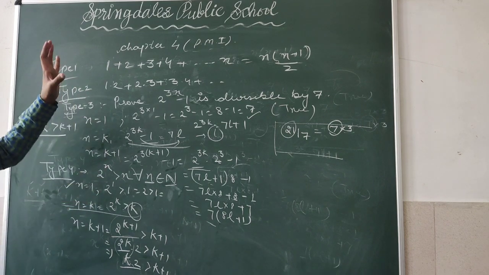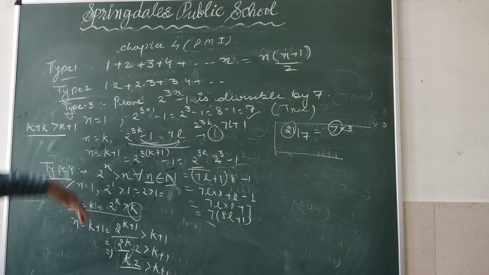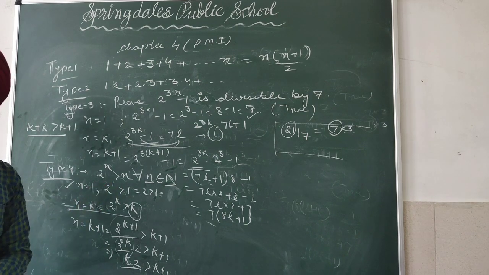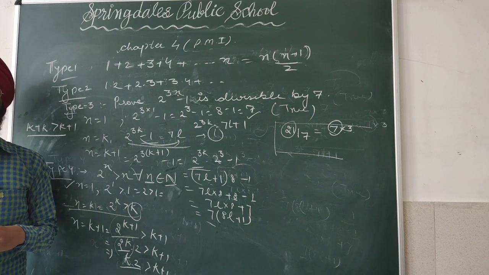ये इतनी important नहीं है. You have to go along with these types. And if you have any problem with these two types or any other previous types of the fourth chapter, you can concern with me. Otherwise, this chapter is over. Clear? Any query you can contact with me.